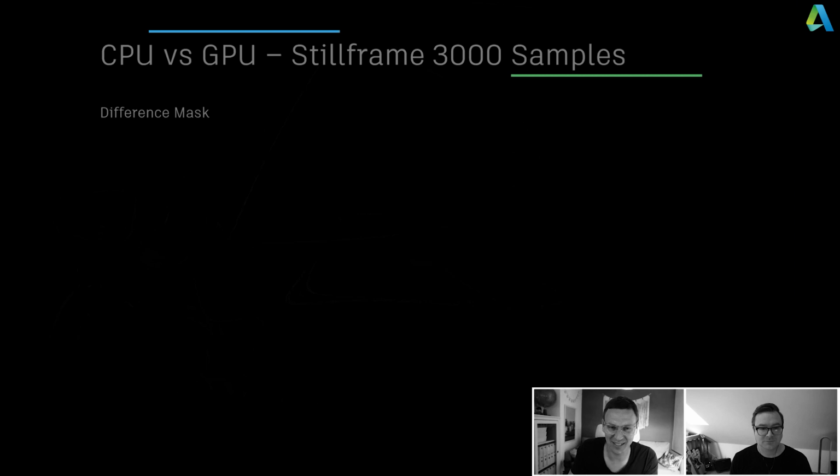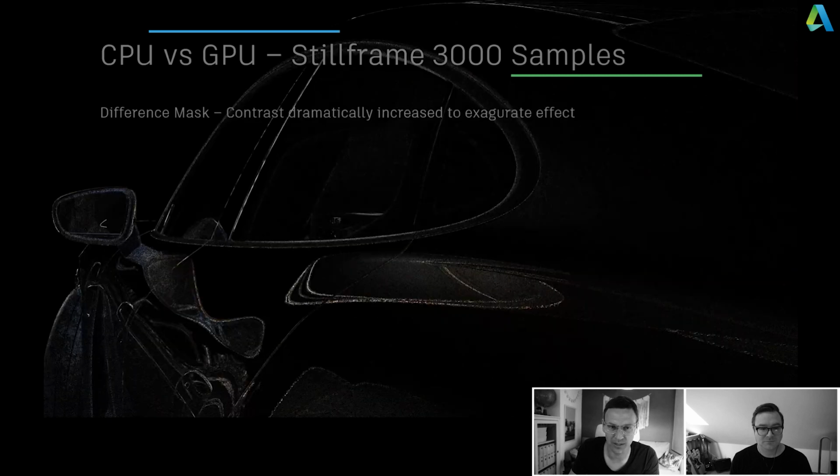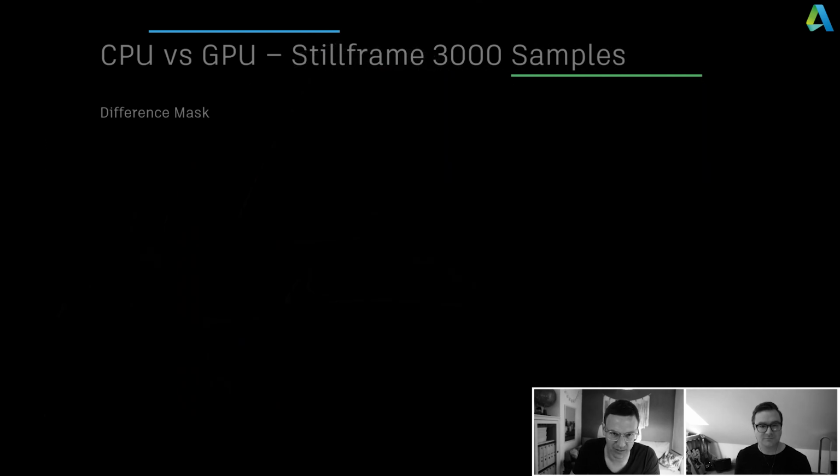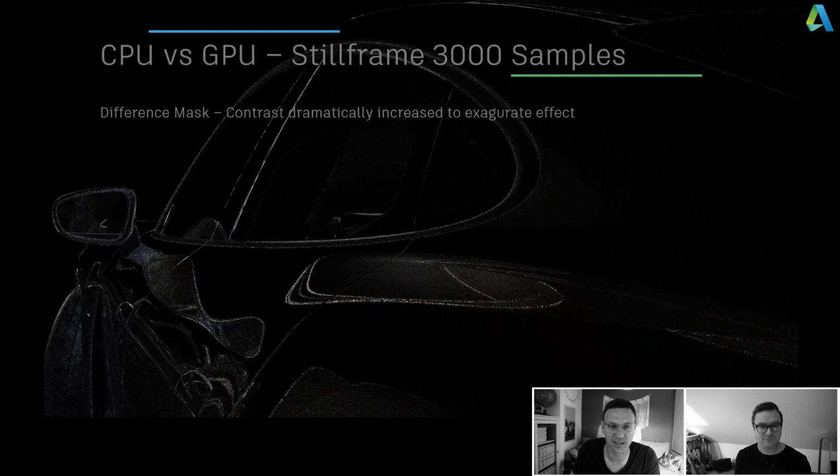So to enhance this effect and to show you the difference, we increase the exposure and we increase the contrast of the image. And in this image right now, we can see the exaggerated differences between CPU and GPU ray tracing. But again, this is just an exaggeration. So for you, as a rule of thumb, you can keep in mind the more samples you're using,